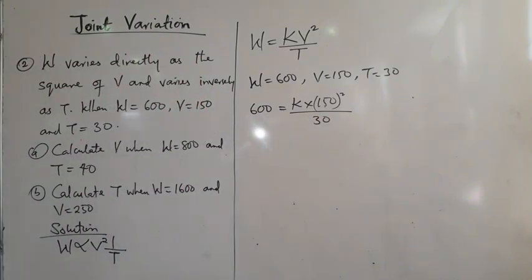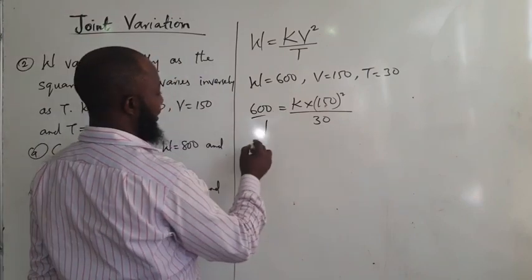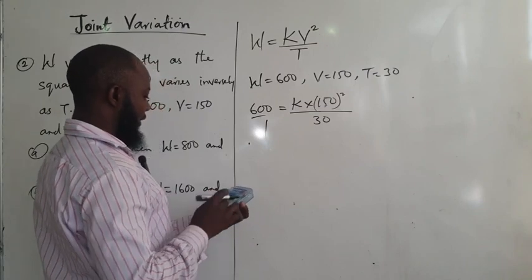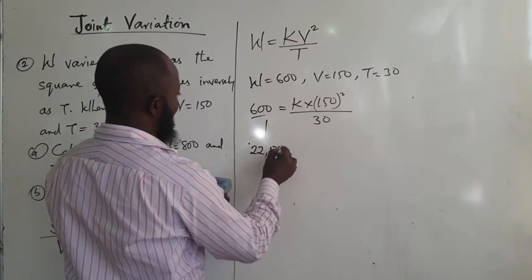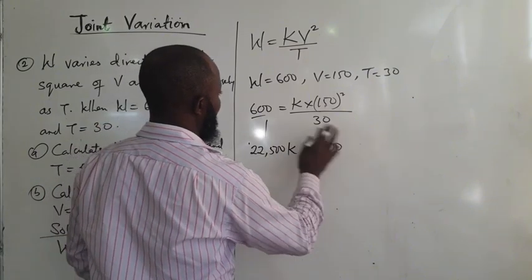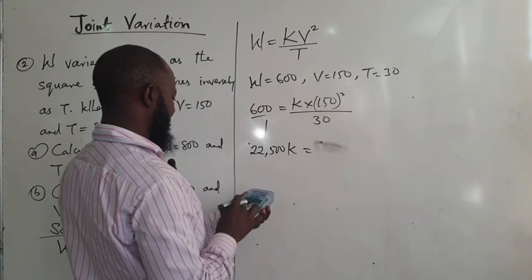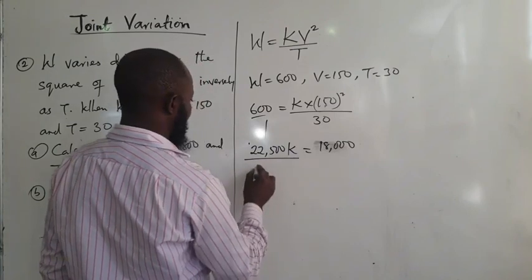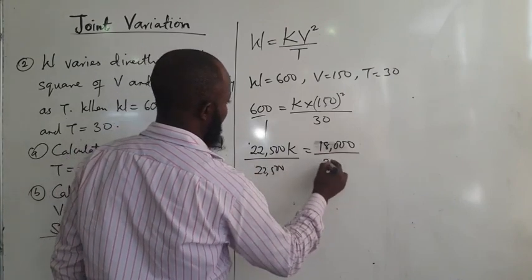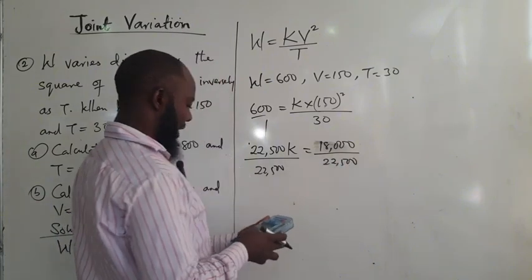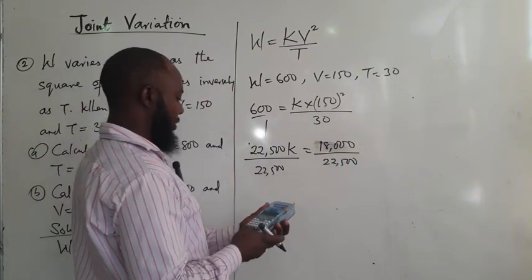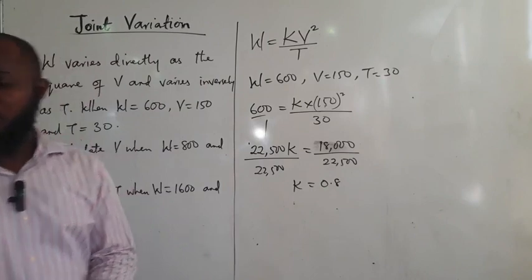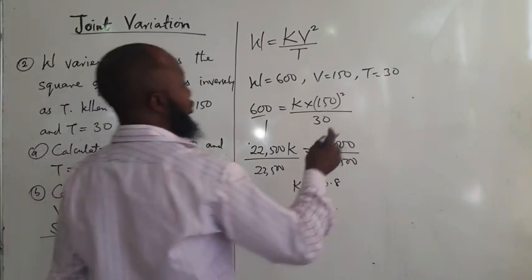So from here, we can cross multiply. We have 150 squared, which gives us 22,500K equals 600 times 30. 600 multiplied by 30 gives us 18,000. So we just divide both sides by 22,500, and that gives us K equals 0.8. We can have it this way, or we can turn it into a fraction. We don't need that. So what we're going to do next